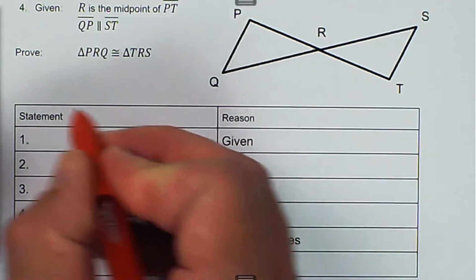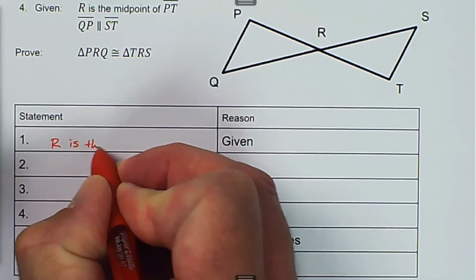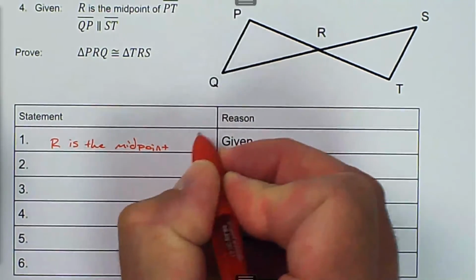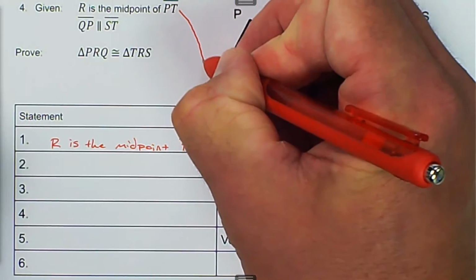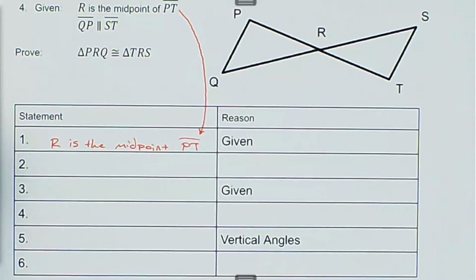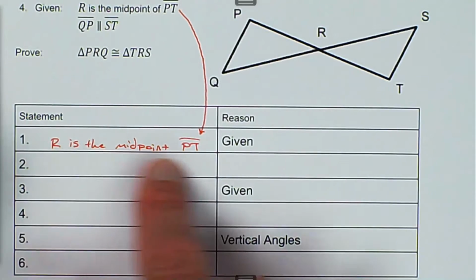So the first one is R is the midpoint of line segment PT. And the reason that we can say that is that it's given. Now, from that information, we can't make any marks on our drawing, but because R is the midpoint,